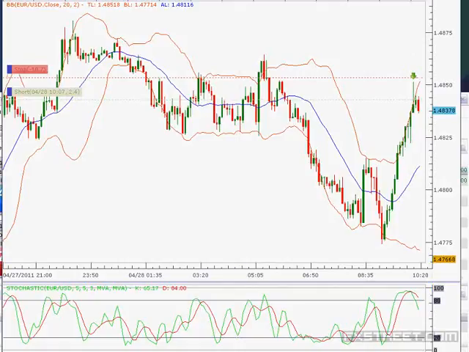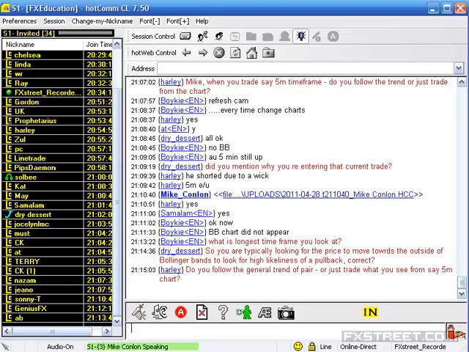Let me see. So am I typically looking for price to move toward the outside of the bands, looking for high likelihood of a pullback? At times that's what I'm looking for. Basically, when you get those situations that arise, you don't just want to try and fade price action every time it makes the outside of a Bollinger Band or it puts up a big wick. But a lot of times those will be scenarios when you can get in and have a low risk entry,